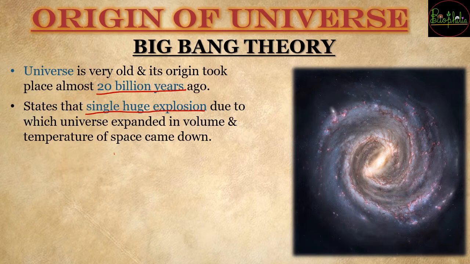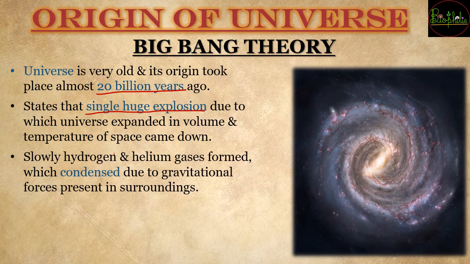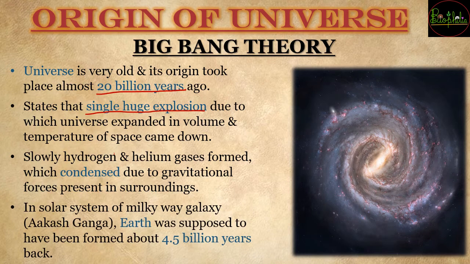People have predicted that something like this must have happened, but there is no kind of proof, but people have started to believe it like that. Then how did it happen? This big gas cloud had hydrogen and helium gases, so these started to condense, because when the explosion happened, there was expansion in volume. Now the gases started to condense, and because of the gravitational forces they all came together. So when they came together, there was formation of different structures, like the solar system,